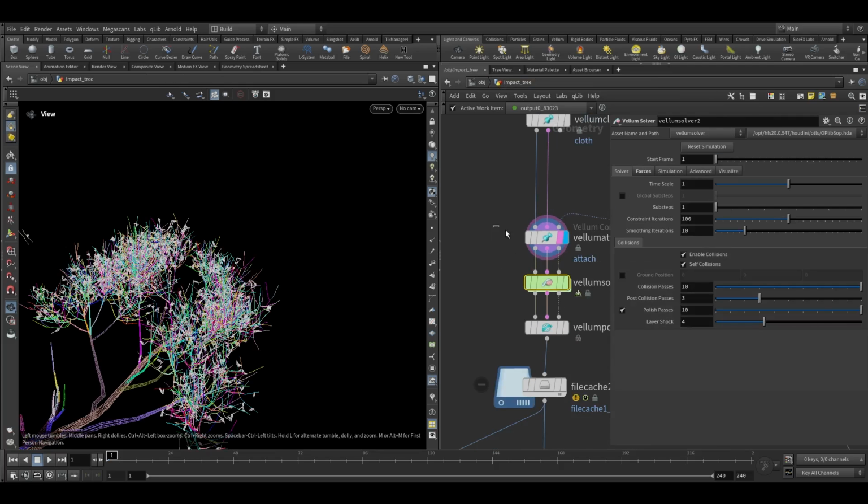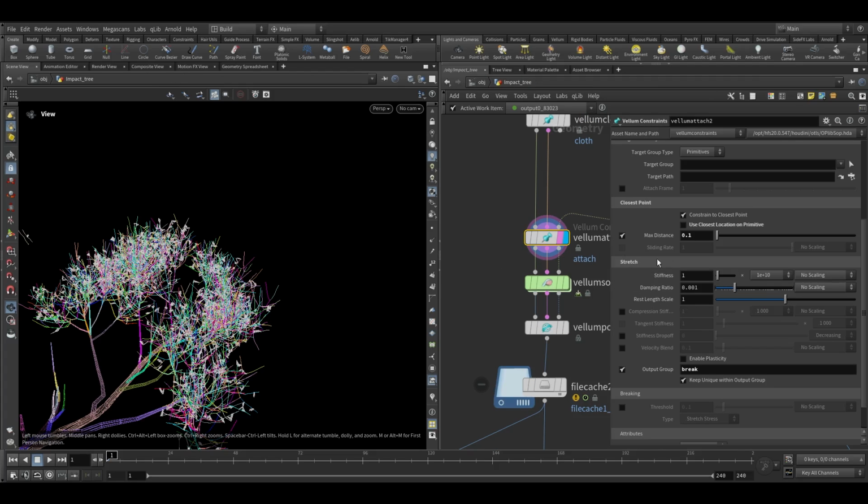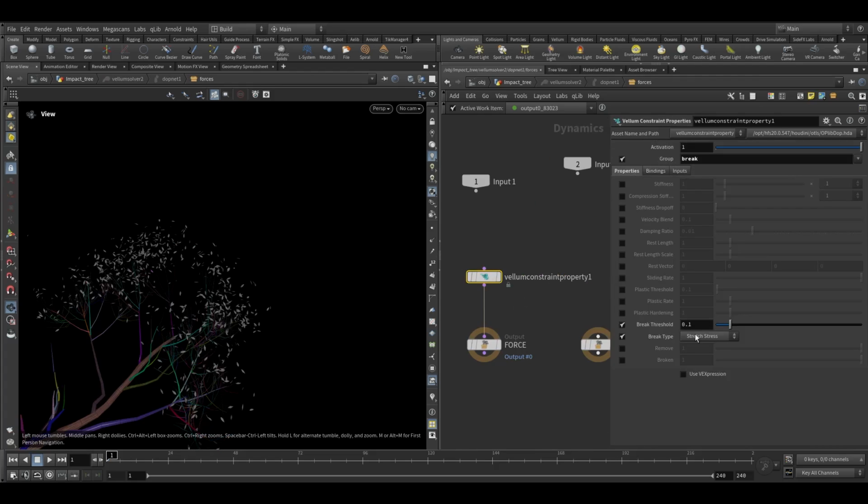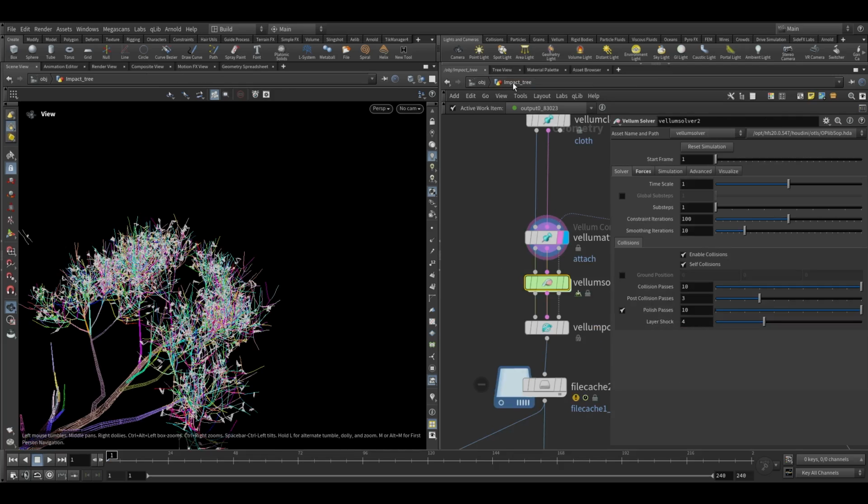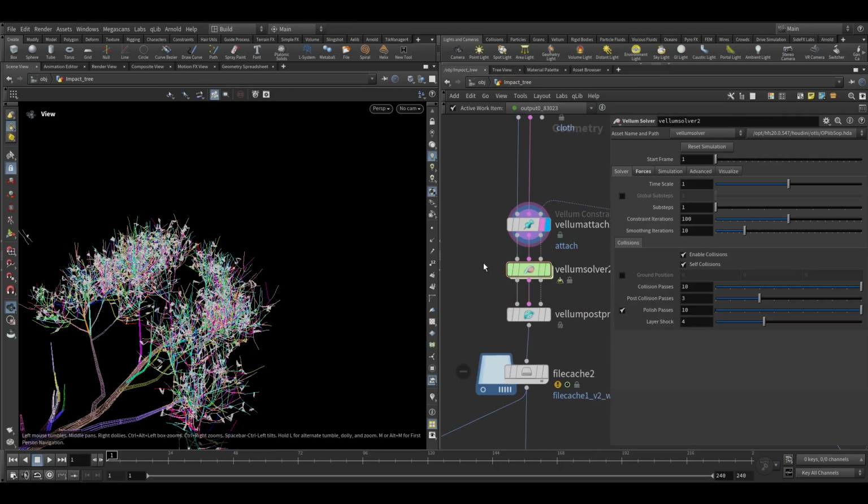Since we need to break the stretch constraint, so here we will choose break type is equal to stretch. So here we will write a fit range parameter, but before that we have to do a few changes on